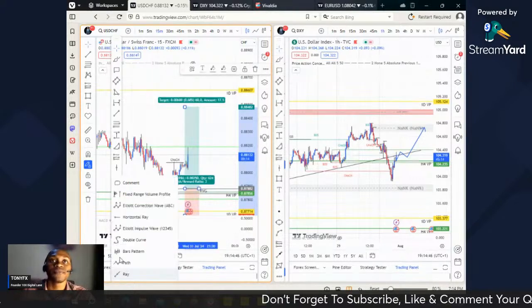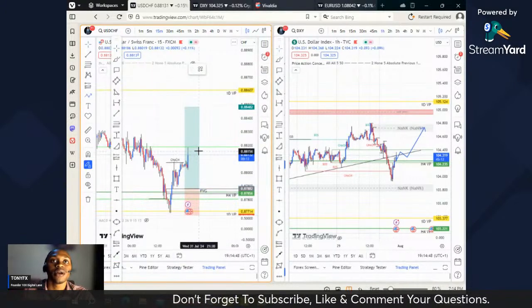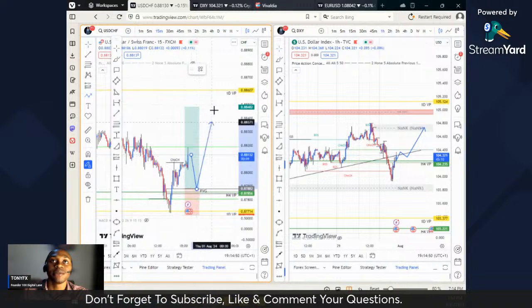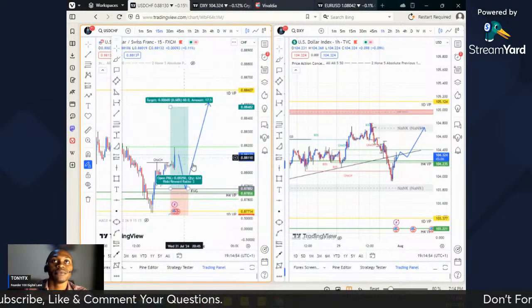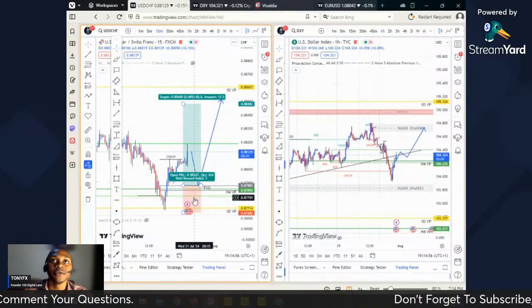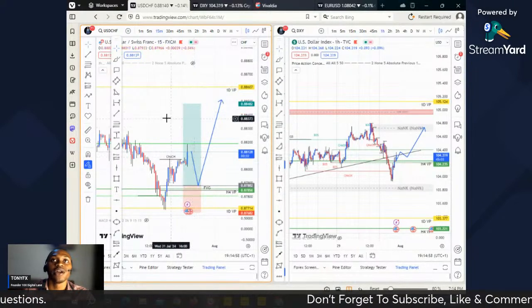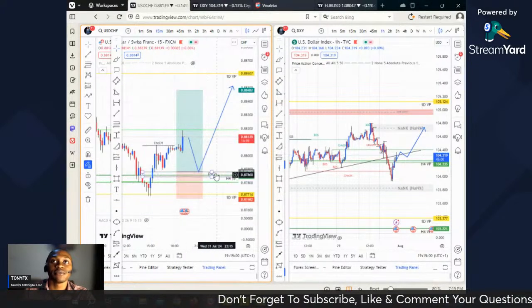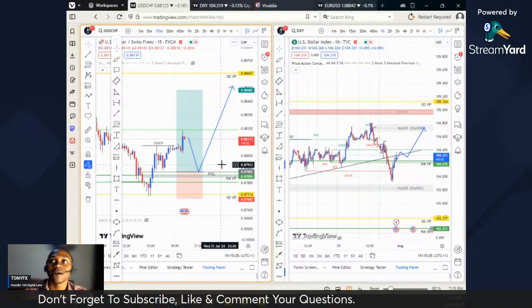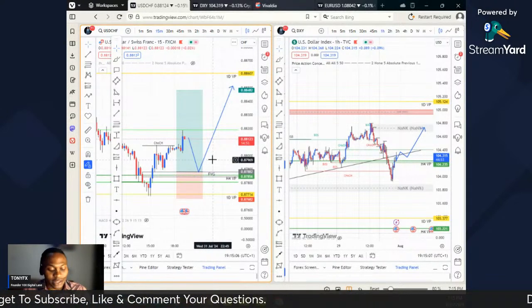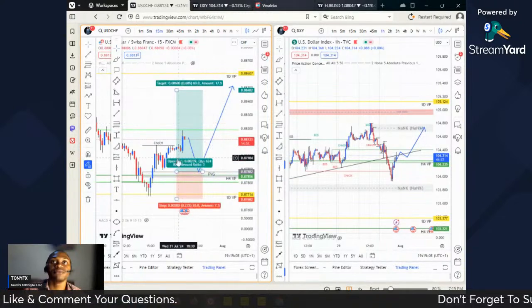So I expect market to move down, activate from here, and then move up. That's what I see for USDCHF. Okay, 20 pips stop loss and 60 pips take profit. It's going to come back to this fair value gap. There's a fair value gap here. It's going to come back there, full efficiency, and then start moving more up.